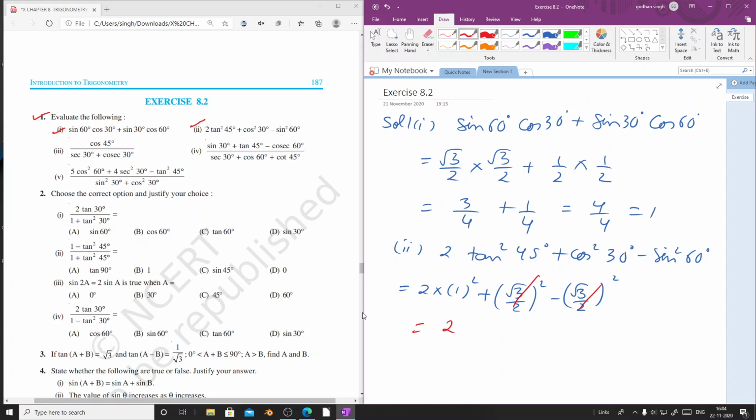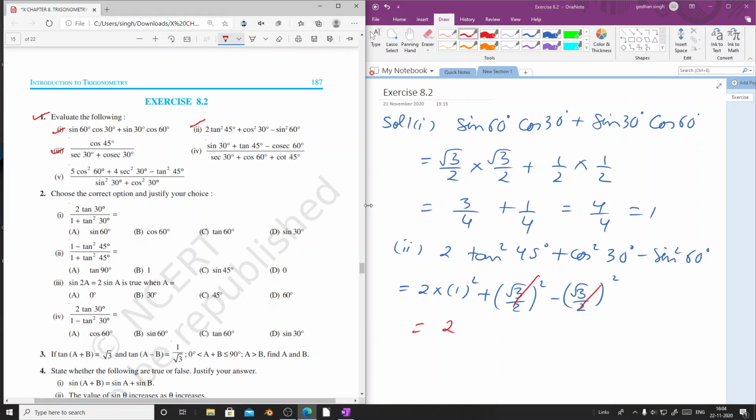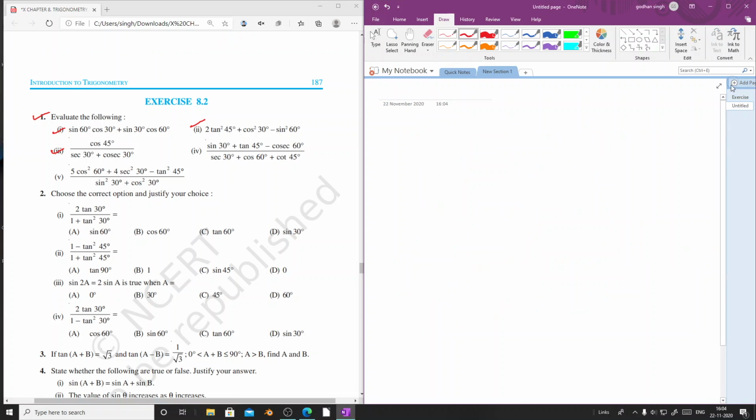Now let us do the third part, question number 1, third part. That is cos 45 degree over sec 30 degree plus cosec 30 degree. The value of cos 45 degree is 1 by root 2, divided by sec 30 degree, which is equal to, now